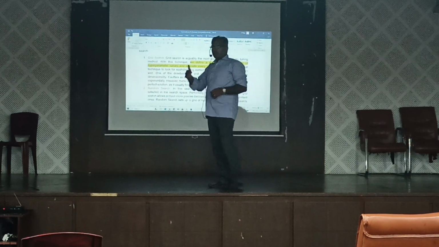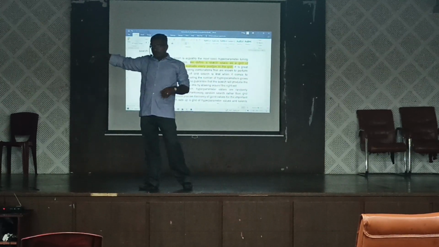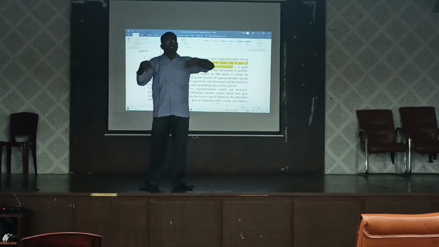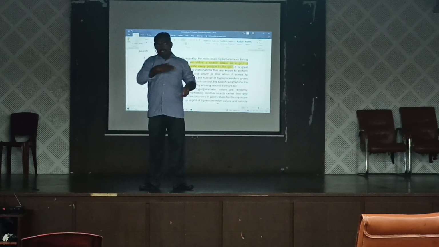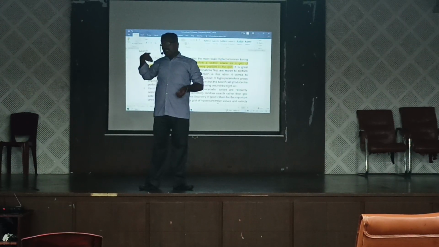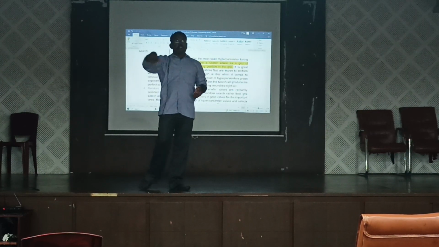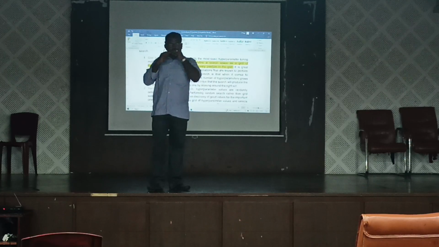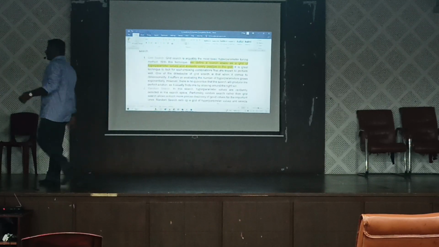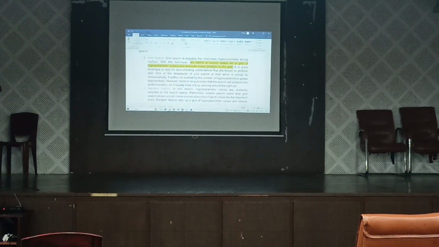Grid method will start from any one of the rows. Starting from that, each and every grid it will check, and again it comes in a zigzag, like it goes there and again comes to the first line, again it starts from the second row, so it goes like that. Clear? So that is the grid method, the grid search method.